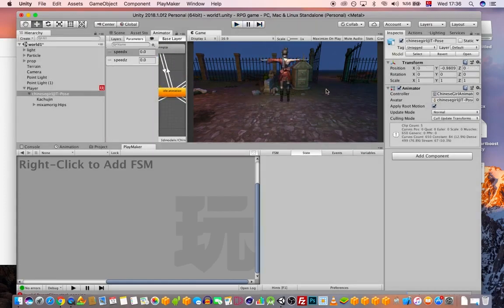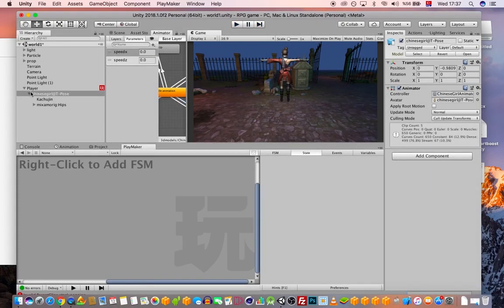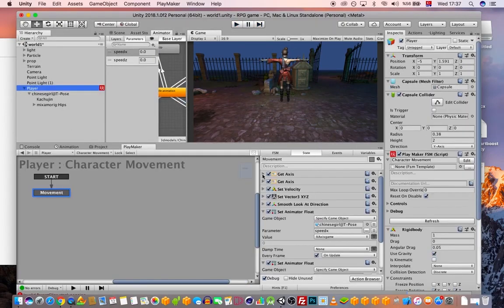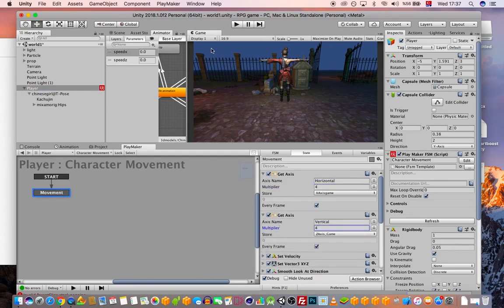So for this not to happen, we need to untick Apply Root Motion. Okay. So when I press play now, we won't have this kind of issue anymore. Okay, everything is working fine. And another fix I want to make is to make this character move a little bit faster. Maybe 4 is better,